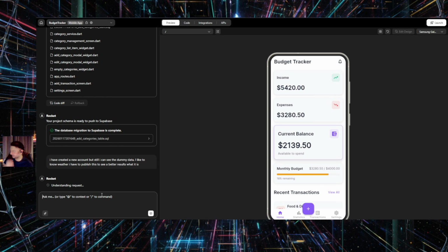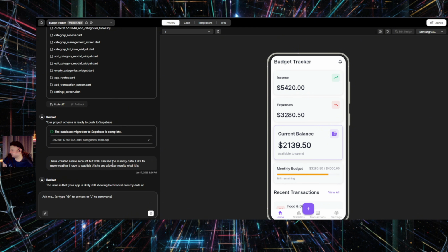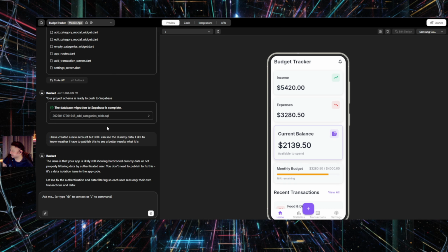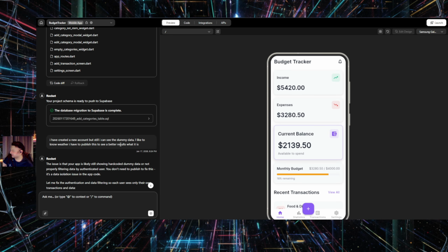I am basically trying to understand whether we have to publish this before we see proper functionality. Okay, the issue is that your app is likely showing hard-coded dummy data or not properly filtering data by